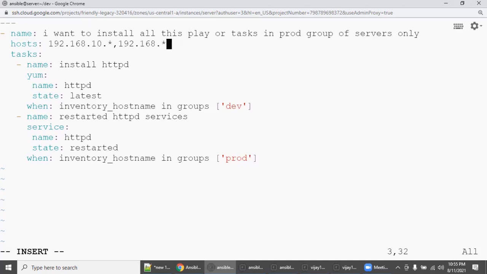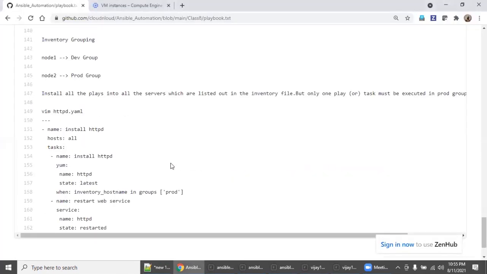So Ansible is really flexible in understanding wildcards, which makes it very easy to manage your environment, but you need to understand all these logics. Inventory grouping is one of the crucial topics. We will also see how to group globally as well as locally in coming classes. So stay tuned. Thanks, everyone.